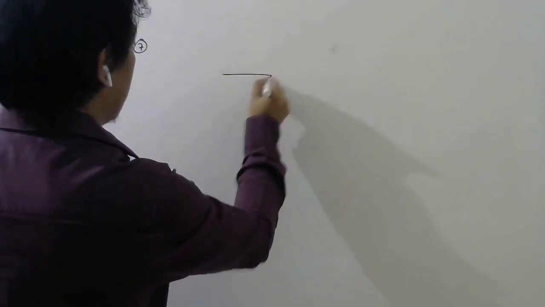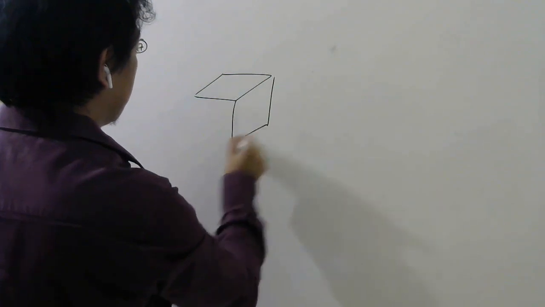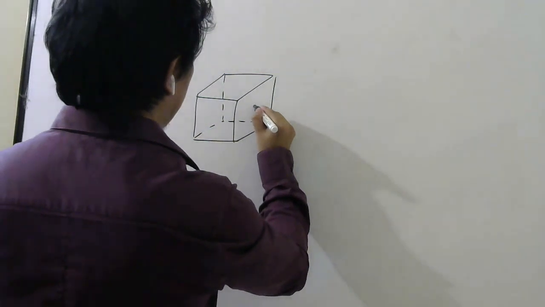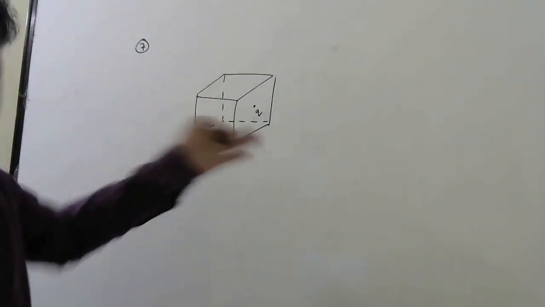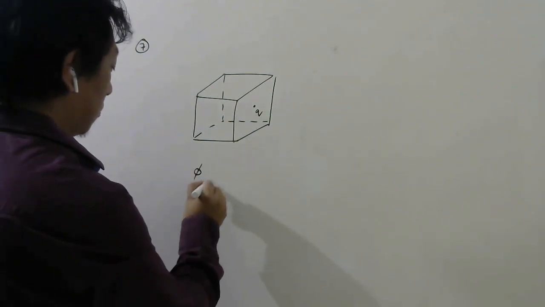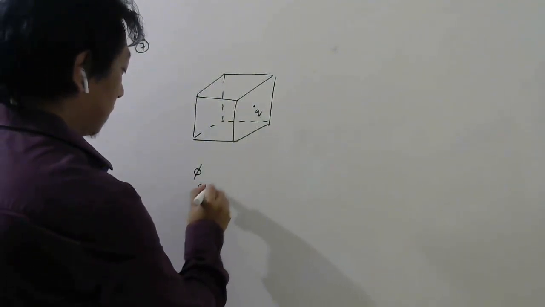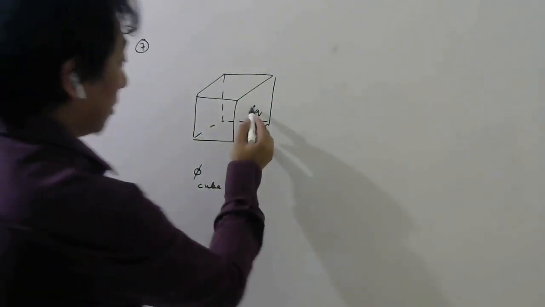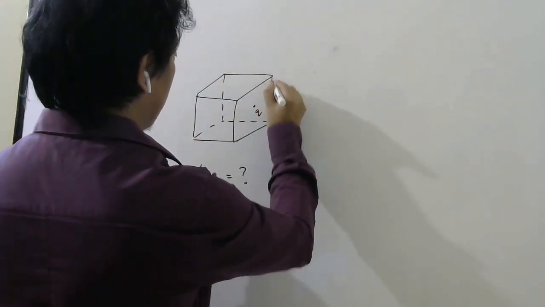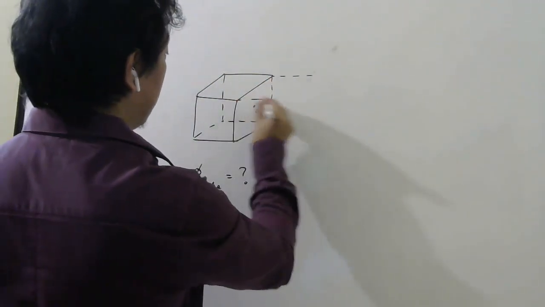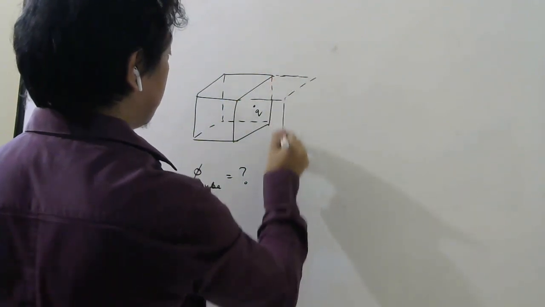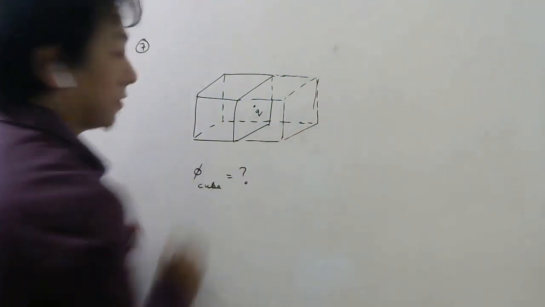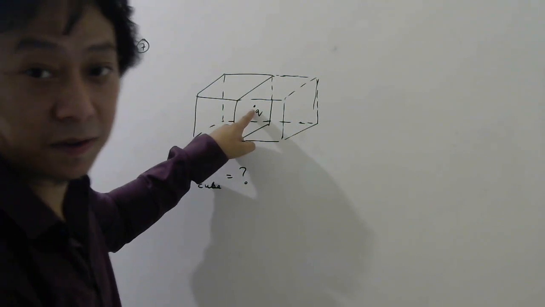So let's say I have a cube like this, and I keep a charge here at the center of this face, and I want the flux through the cube. So this is like the cylinder, the first one which I did. So if this is on the center of one face, then what will you do to find the flux through this cube? You put one more cube on this side. One more cube you make like this, right? Then you can see this is inside for these two cubes.